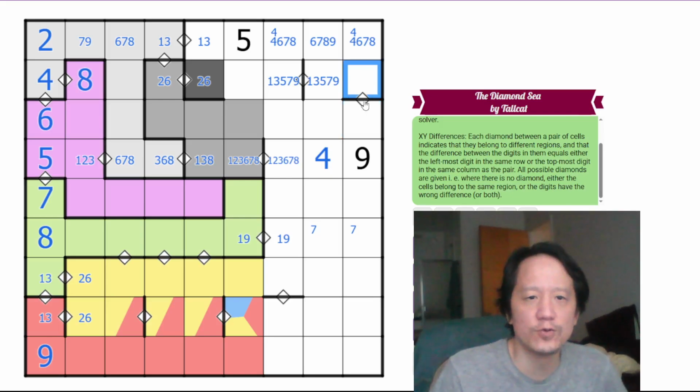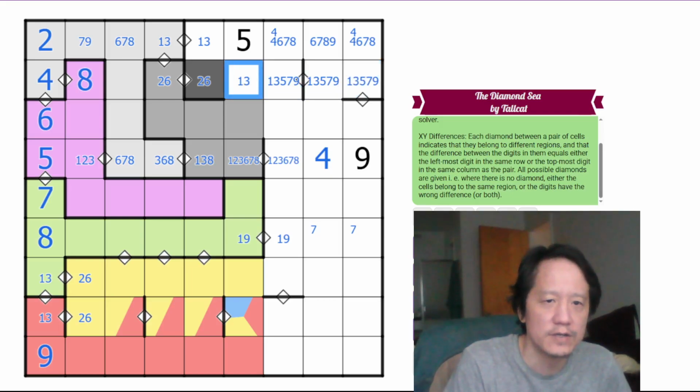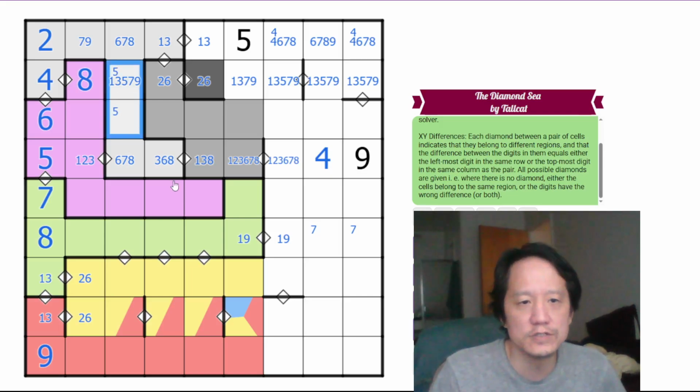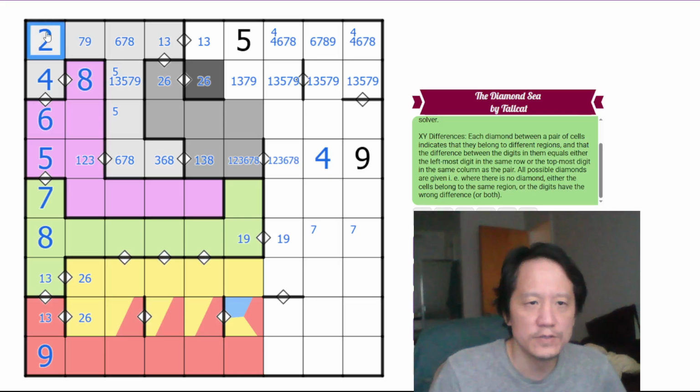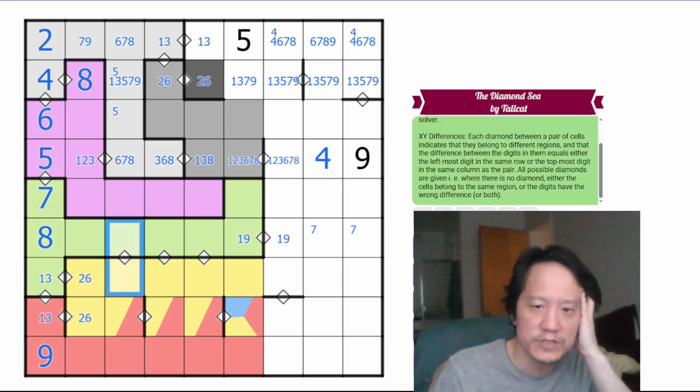This has a difference of 4, 6, or 8. The different digits in row 2 have to be 1, 3, 5, 7, 9. And obviously this can't be 5. 1, 3, 5, 7, 9. So 5 has to be one of these 2 digits here because it cannot be here. This 2 means there's a difference of 4 and 6, 5 and 7, 1 and 3. That works. This has a difference of 7 or 9 here, and there's no differences in that column, so that's fine. This is 6, 7, or 8, which means this has to be